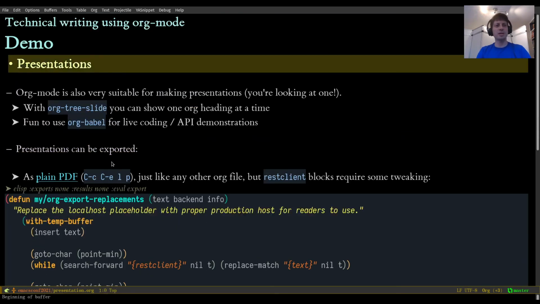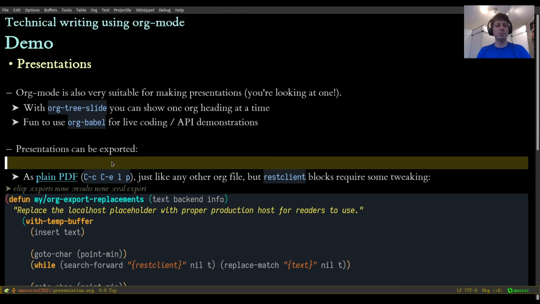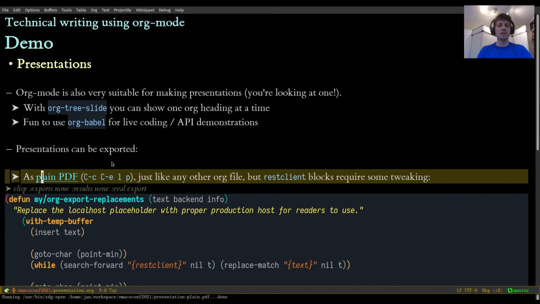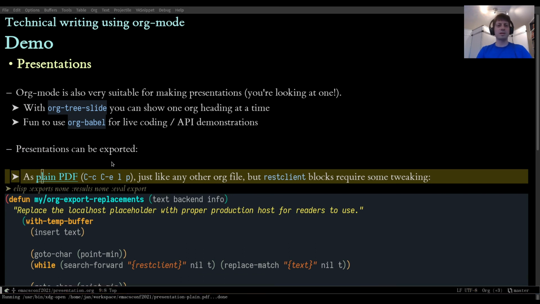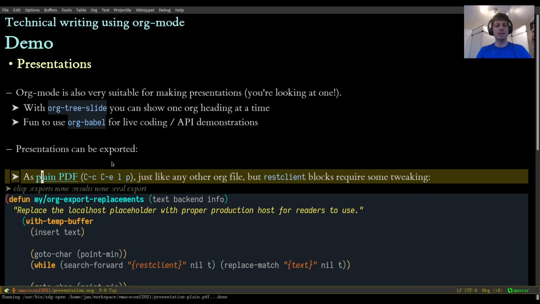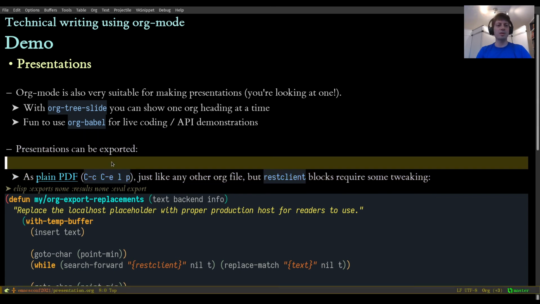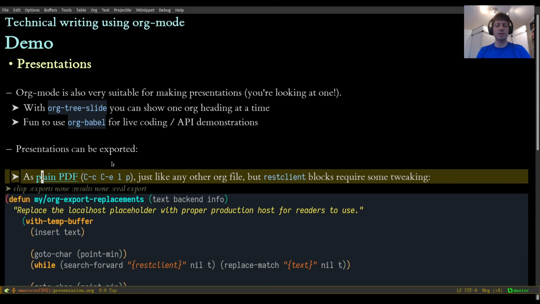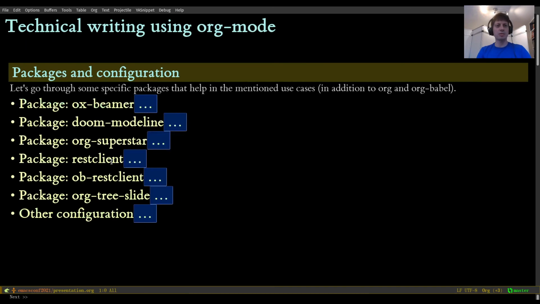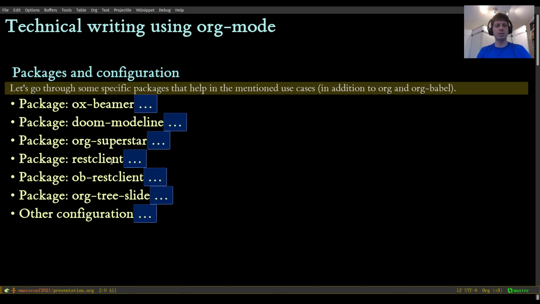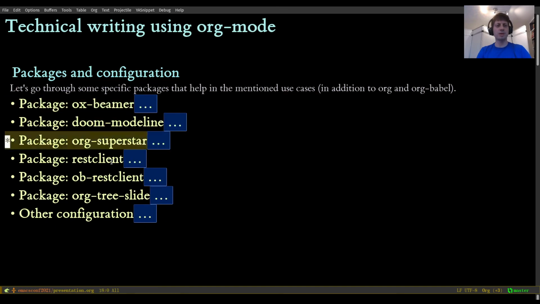But personally, I tend to just create a normal PDF document that's just text with all the actual content of the document inside the text. You can see the highlighting of especially REST client stuff. That works just fine, and it's enough for my needs. So I just tend to make plain PDFs. Since we only have 10 minutes, I will not go into the detailed configuration. You can check out the presentation online to see how all these packages are configured and how I use them.